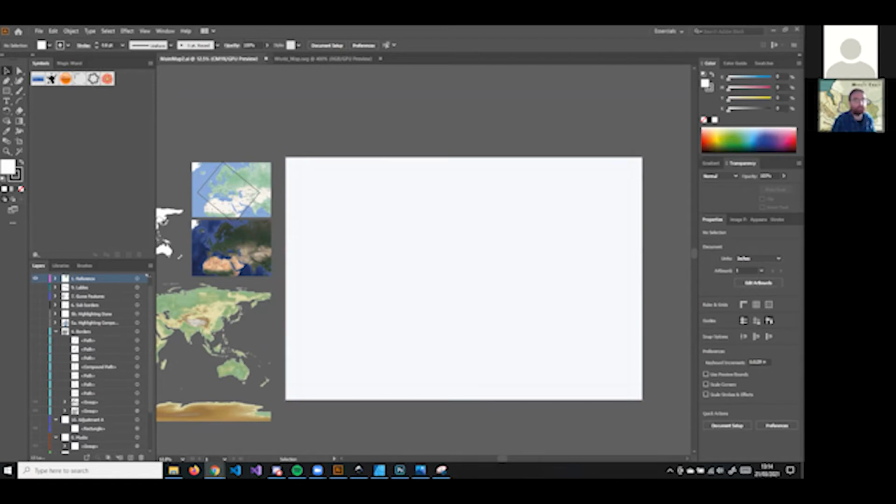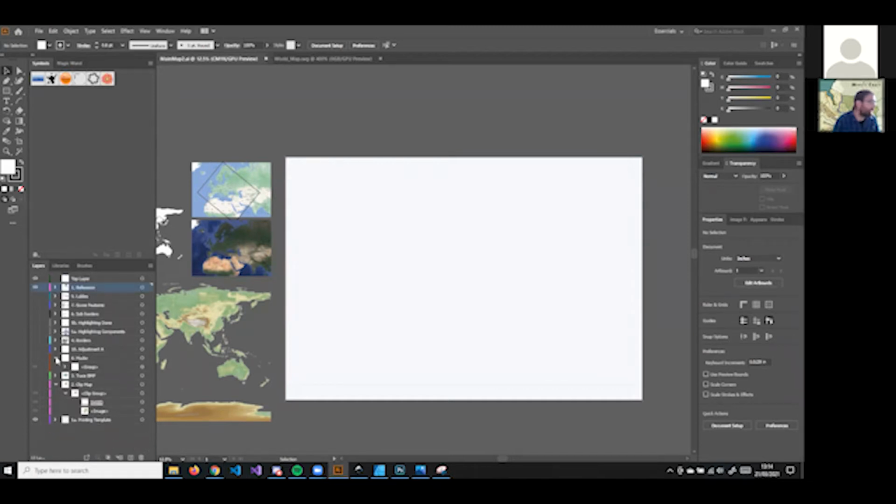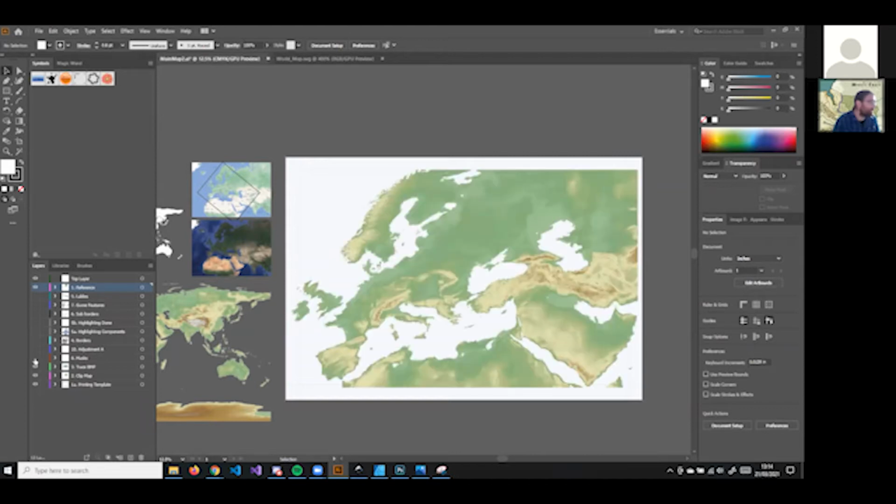More technical details. We'll go through some of the things you ought to be aware of when doing this. And the first is that things are stored in layers. So you can see down here, you've got this panel, and each of these is a layer, and the layers build up on top of one another